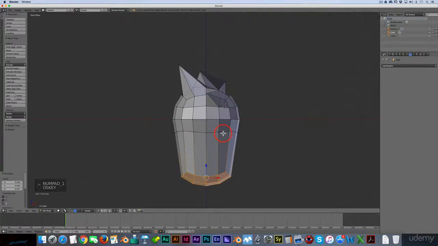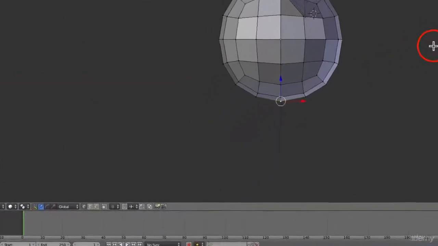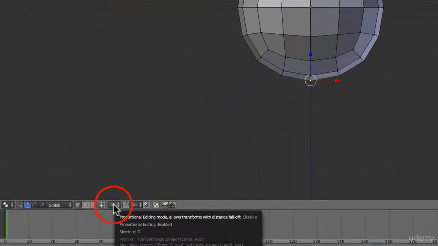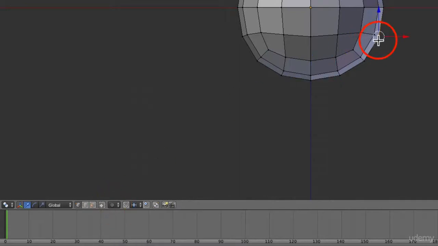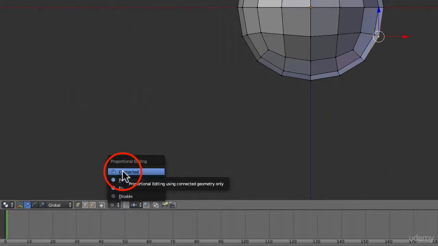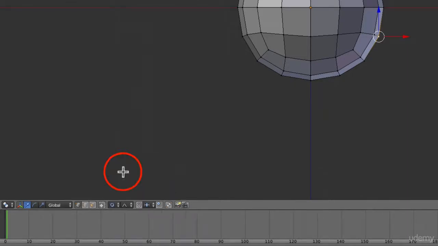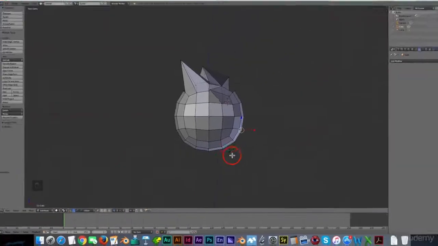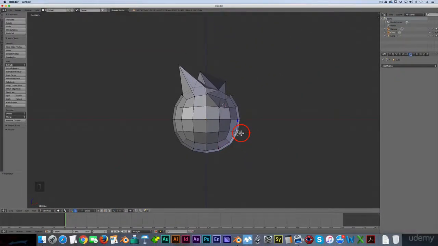And I'm going to undo that because we're going to play around with something called proportional editing. Under this menu right here, the default is only to select one vertex at a time. But if you go to this menu, you can actually change it to have proportional editing. So we'll demonstrate what that means. Let's select connected, which is the first option. If you select G to grab on your keyboard, you notice how all of a sudden it's not just moving one vertex, but